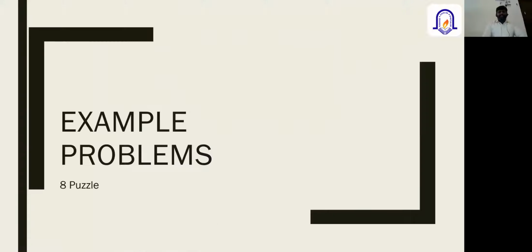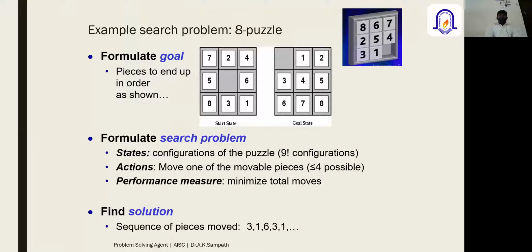We took the 8 puzzle problem, right? Here is the simple diagrammatic representation of the 8 puzzle. We have the numbers from 1 to 8, but there are 9 places where a box can be placed, so you have only 8 numbers and one place or one box is empty. This is the problem statement, which is arranged in such a way that in the first row we have 7, 2, 4, in the second row 5, followed by empty, and 6, and the third row has 8, 3, 1.